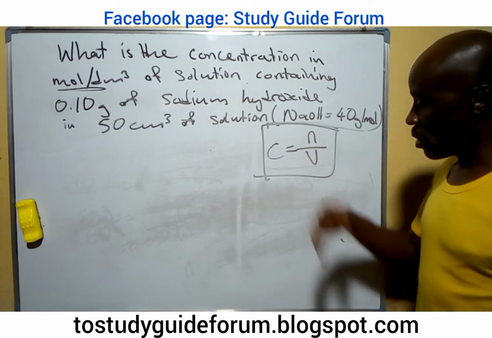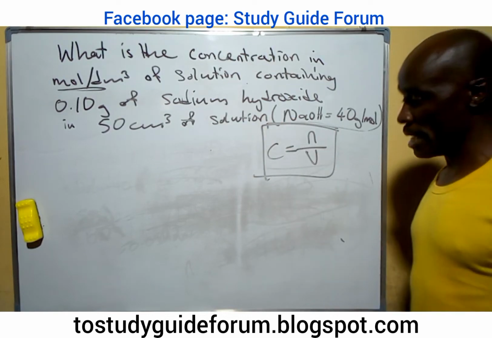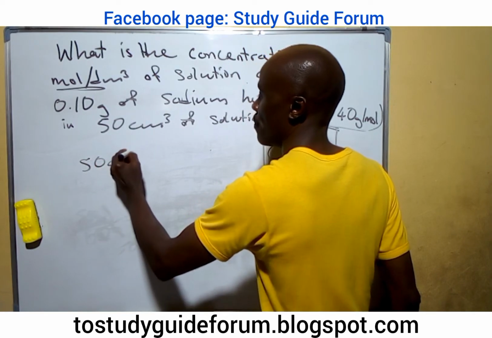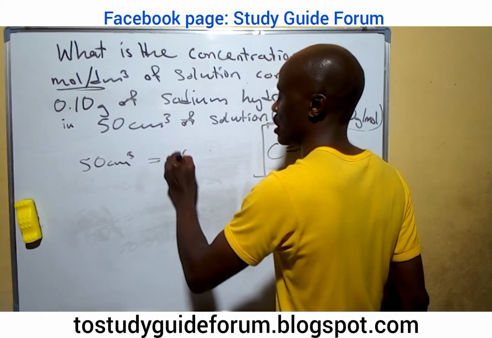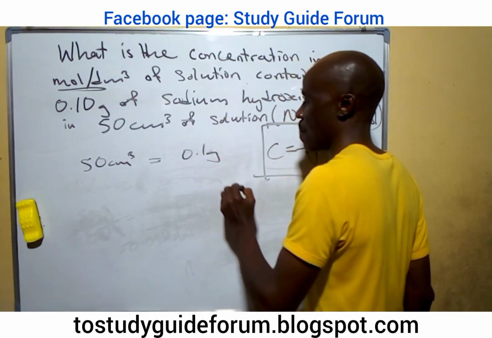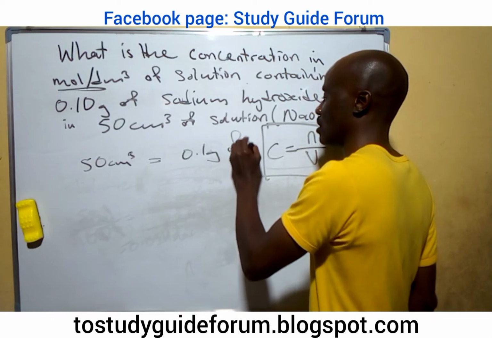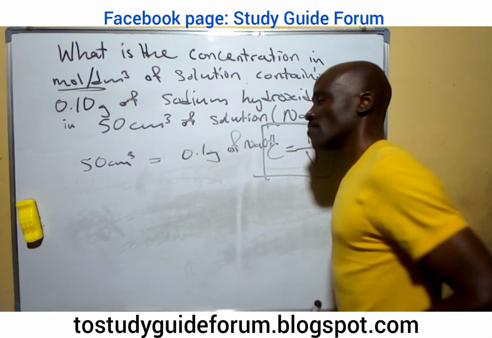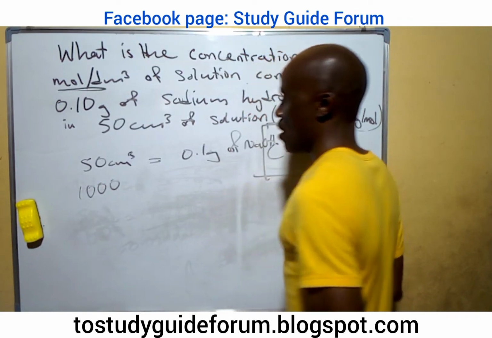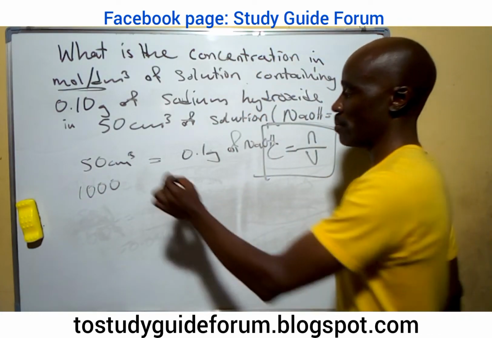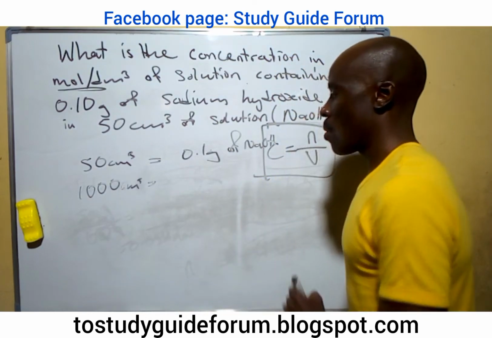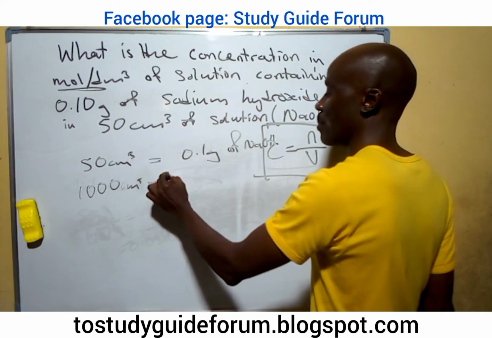But in the case where you don't want to go this method, you can also say, since 50 cm cube contains 0.1 gram of sodium hydroxide, then we find out what gram is contained in 1000 cm cube. So we have 1000 cm cube will then give us